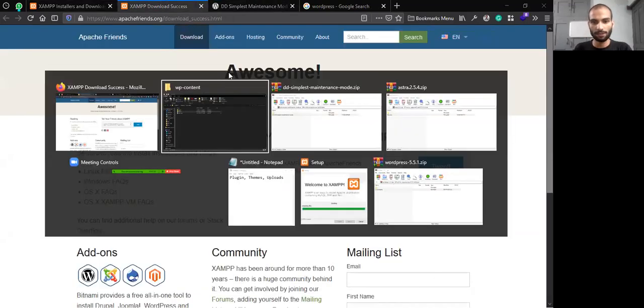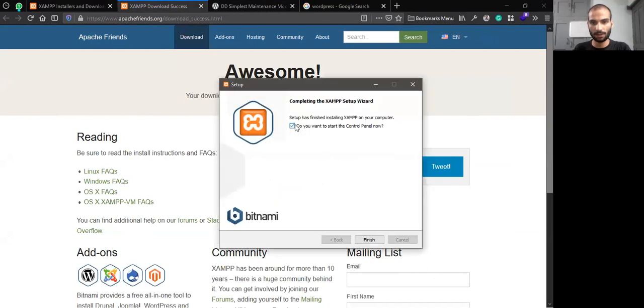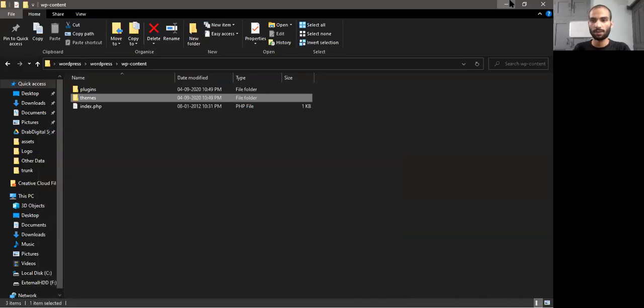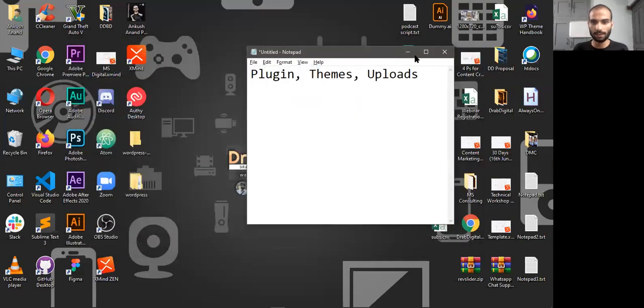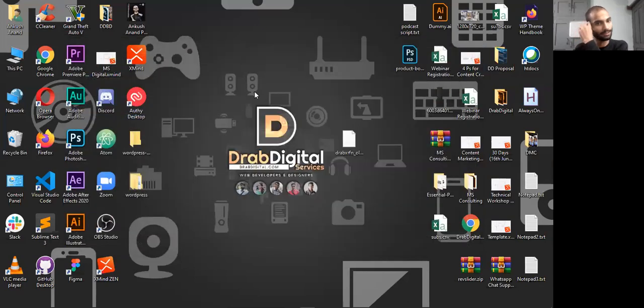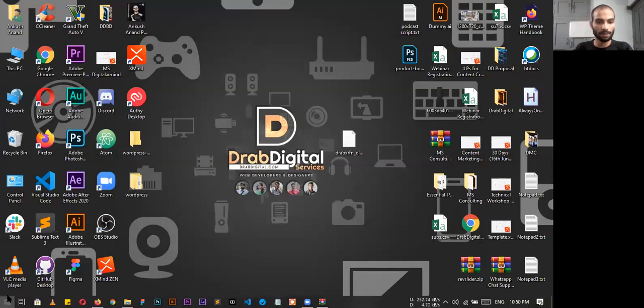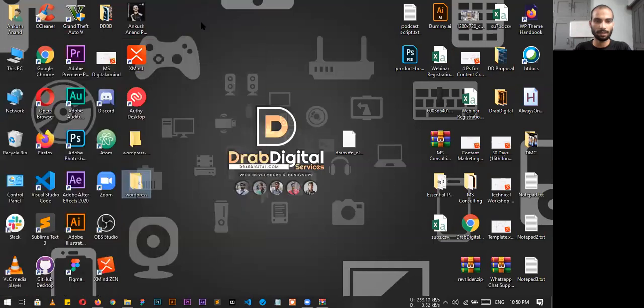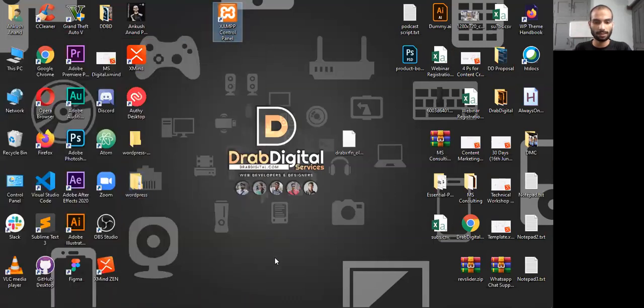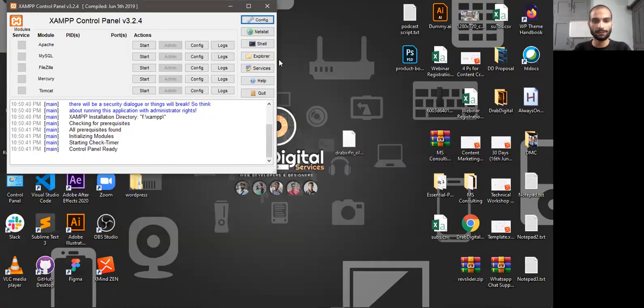So here I feel our installation is ready. So now I'll just turn this off and finish. Okay, so now XAMPP, it's called XAMPP, is installed, and now I can actually start doing my stuff. Here I will have to open the XAMPP control panel, which is here. I will also drag it to the start menu so that you can see. This is XAMPP. You have to run it, and this will open this kind of panel.